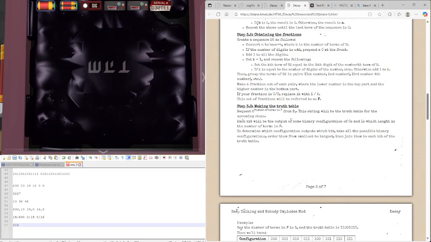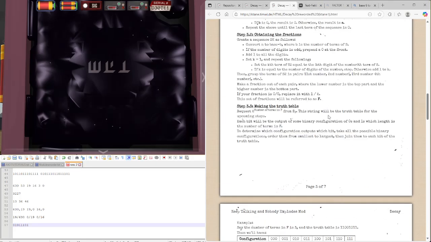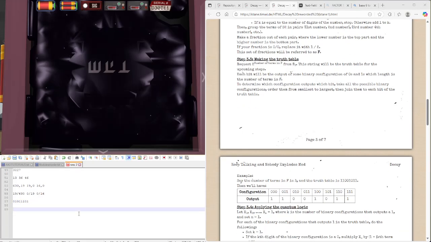Choose the number of times in F. So that should be 2 to 3, so it'll be 8. Zero, zero, one, zero, zero, zero, zero, one. We have